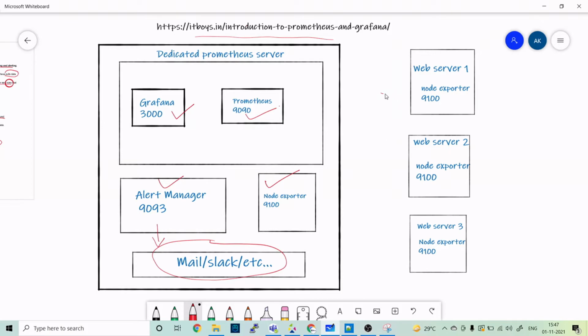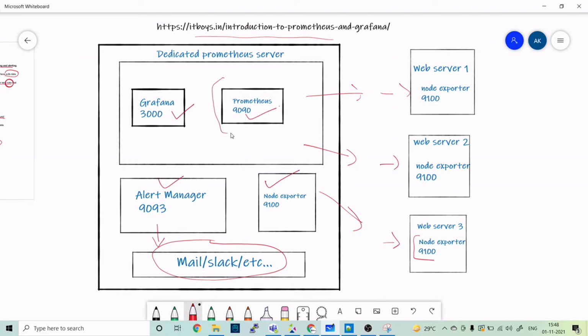Okay, fine. So now on the left side you can see the Prometheus server, and on the right side there are multiple nodes which you want to monitor. Web server 2, web server 3, it can be any servers. Now if you remember the scrape interval, Prometheus will wait for 15 seconds and it will go to the nodes and pull the data. Who will help Prometheus to get that data? That is Node Exporter. Any server you want to monitor should have Node Exporter installed on it.